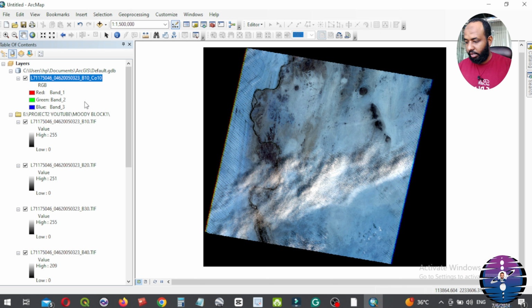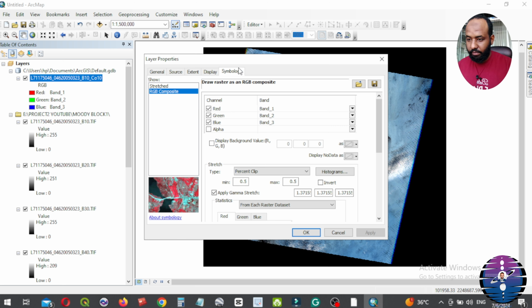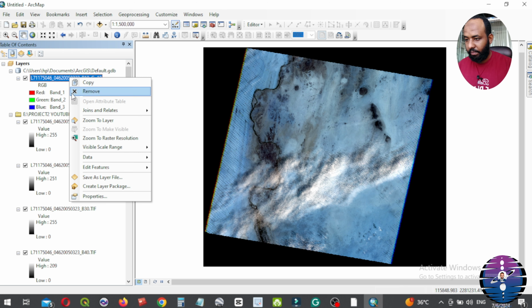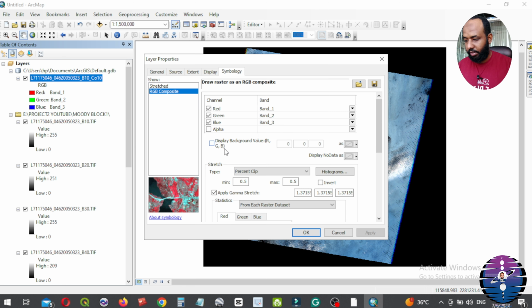After completing the composite band file process, we click on the composite band in the table of contents here. Okay, by double click or right click, select properties.